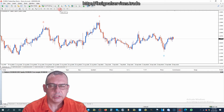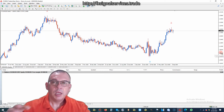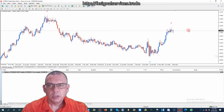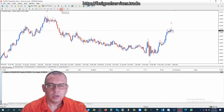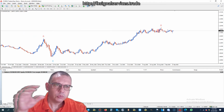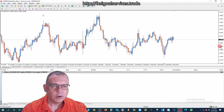Now let's look at the daily chart. The daily chart shows the drop. Okay, and the weekly chart shows the drop. So the bigger time frames always take more precedence than the smaller time frames. So the daily chart and the weekly are stronger than the 4-hour, meaning that this is long term. This will be going into a downtrend. All right, I know the 4-hour chart shows the buy,